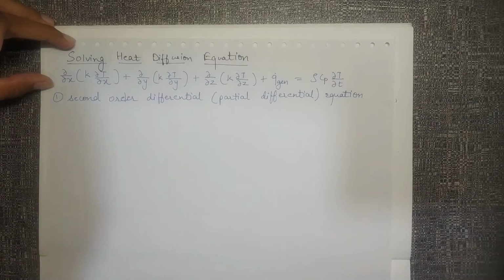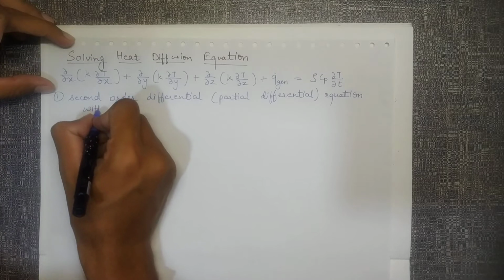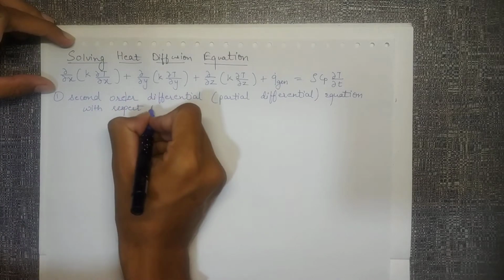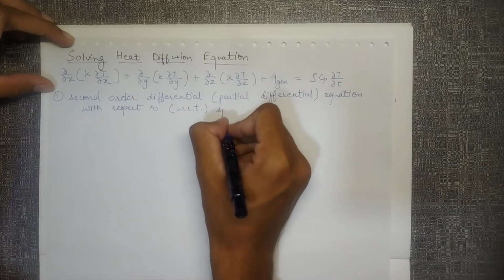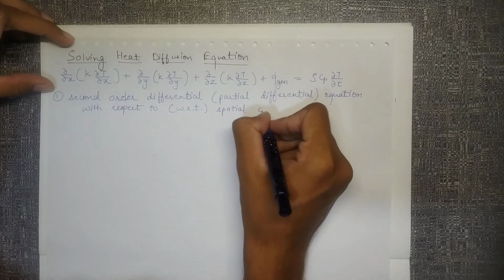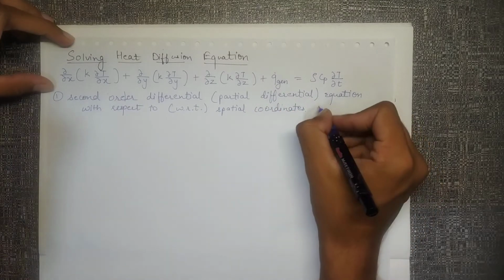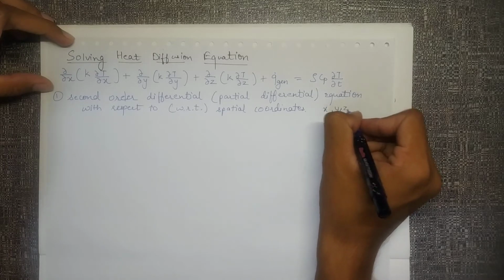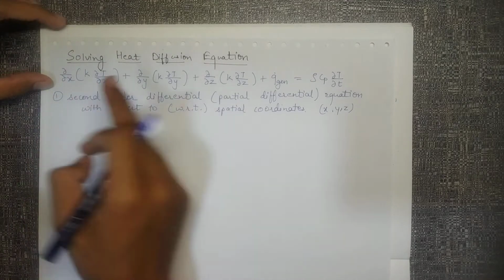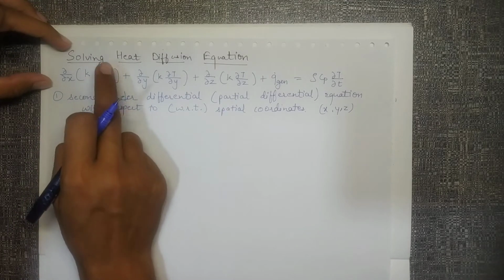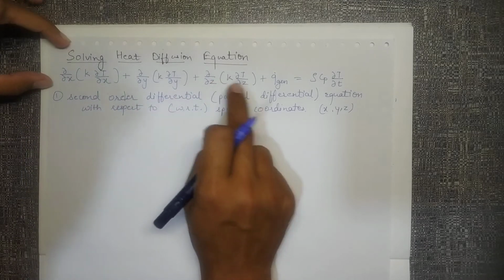And the second order is with respect to spatial coordinates. That is important. With x, y, z it is second order. We can see this from here. In this term, even if k is not constant, the temperature has a second order differential with x, with y, and with z.